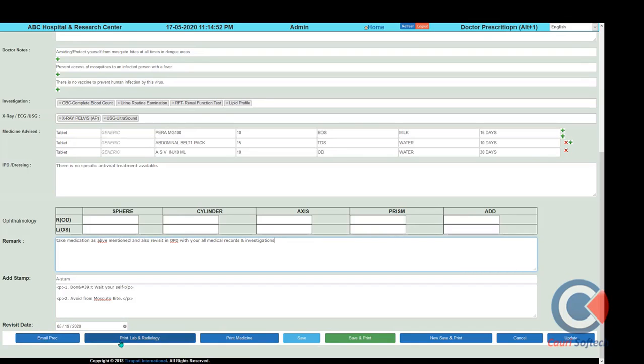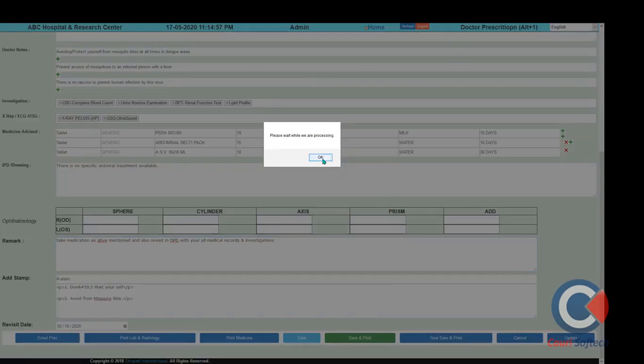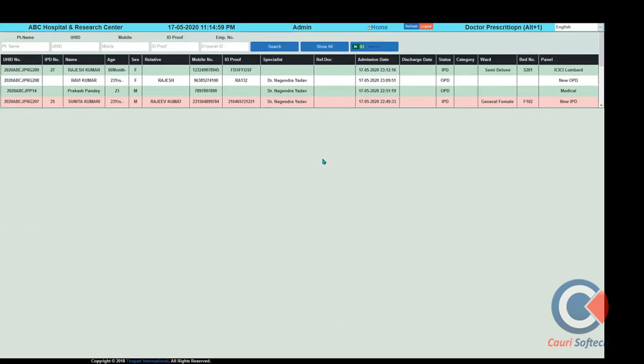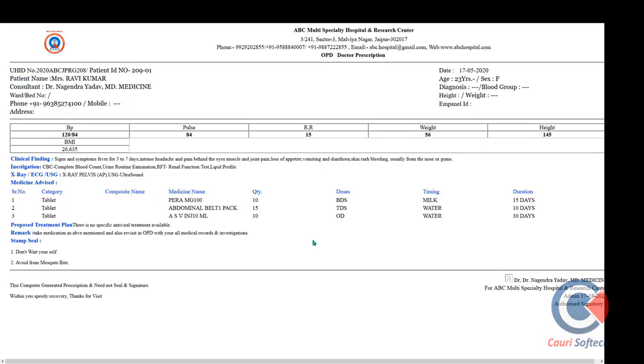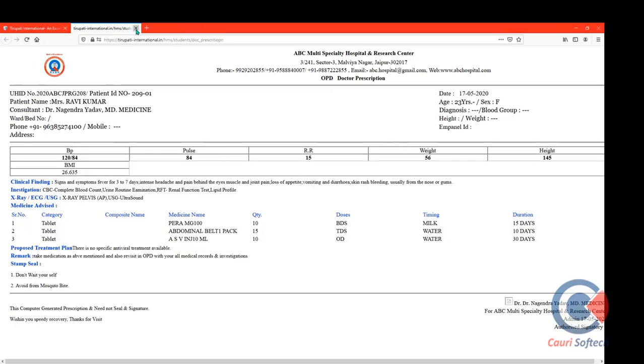There is the email prescription option, lab report printing, and medicine request printing. If you want to print the prescription, just click the print button, you will get the prescription printout option. After this prescription, there are two types of benefit while we are maintaining the patient EMR of the OP patient: all the information need not be carried to the various departments. All information will be reflected to other departments simultaneously.